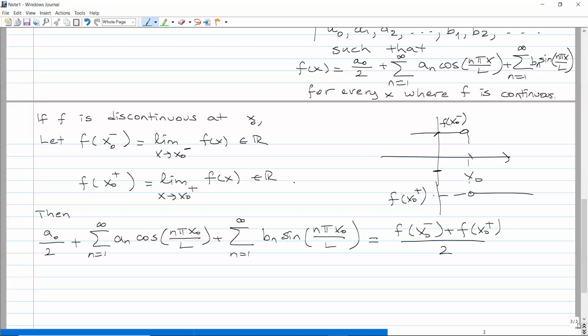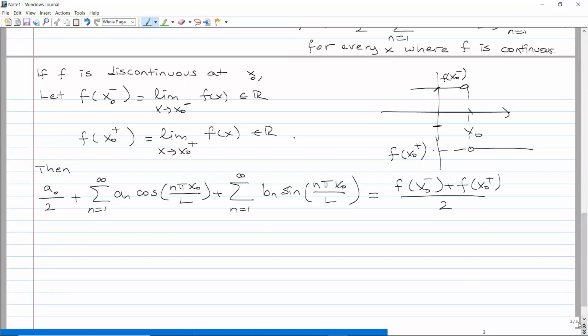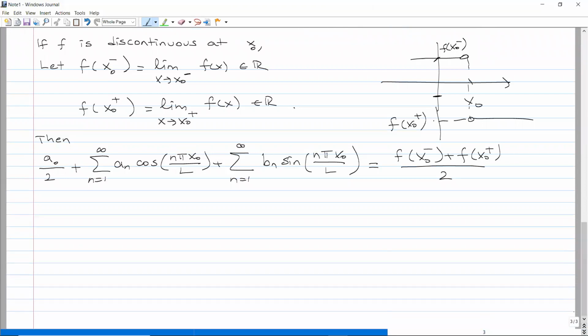This theorem is a deep theorem, and the proof is beyond the scope of this course, so we are going to skip the proof. But we are going to consider the question of how to find the a_n's and b_n's. Given this function f satisfying the conditions of the theorem, we know that those constants exist. How do we find them? For that, we